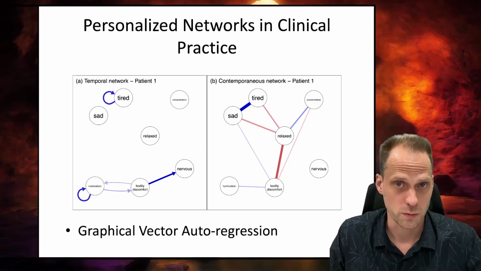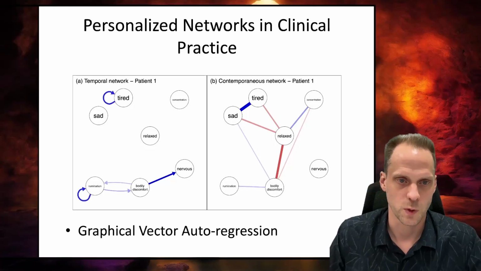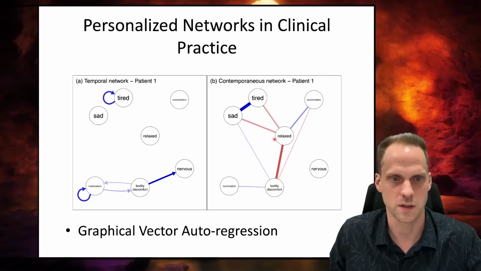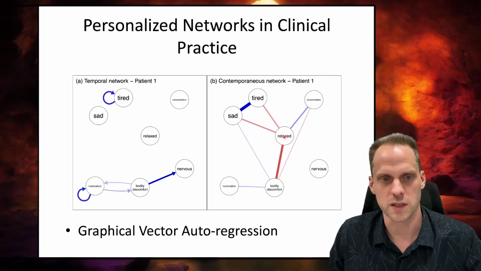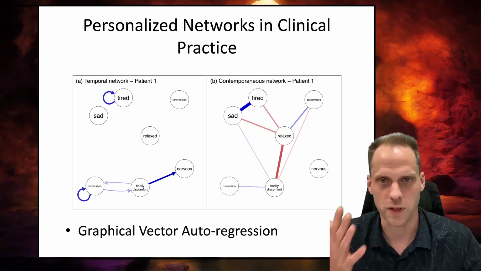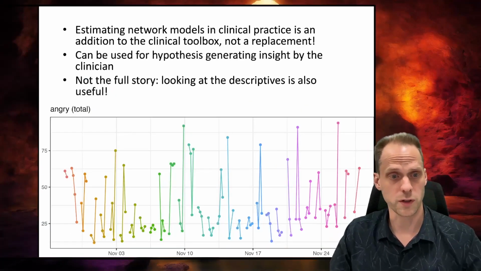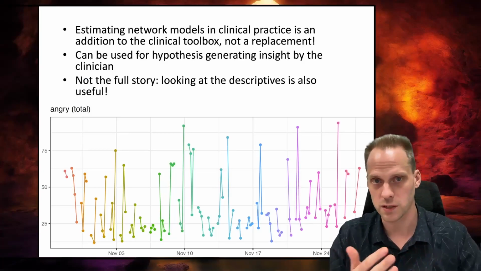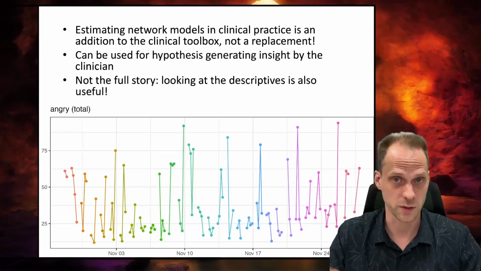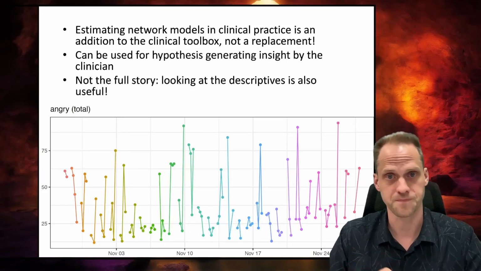But it is a useful tool in clinical practice that the clinician could use in addition to other things to talk with the patient. To talk with the patient, okay, this is what your network shows. Do you recognize yourself in it? Do you think that relax indeed plays such an important role here? Which might be useful for the patient to get that level of insight in their lives. In addition, of course, if you're going to gather this data, and there have been some pilot studies now that do this in clinical practice, that start to collect data and try to estimate a network and use it in clinical practice, and it seems that patients really like this level of feedback.